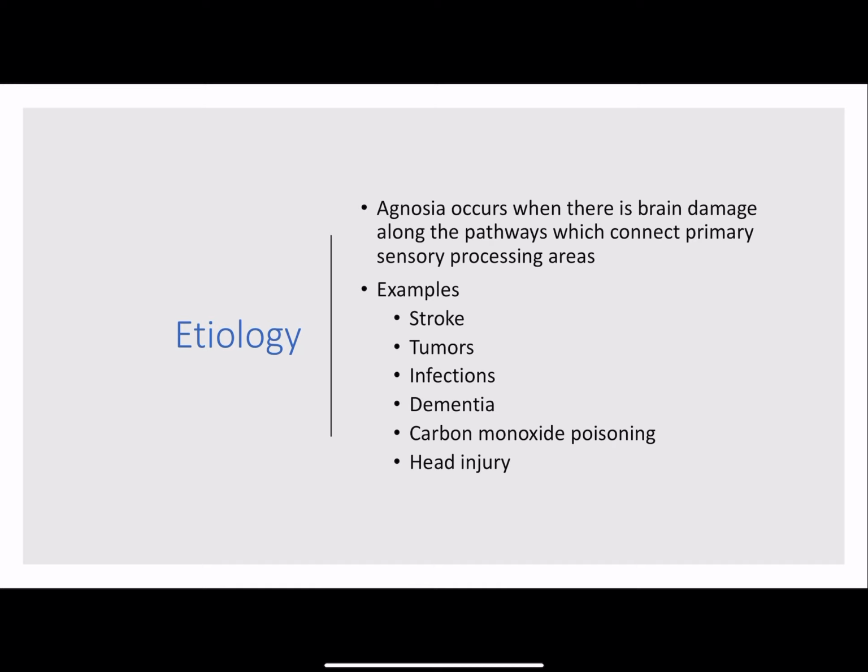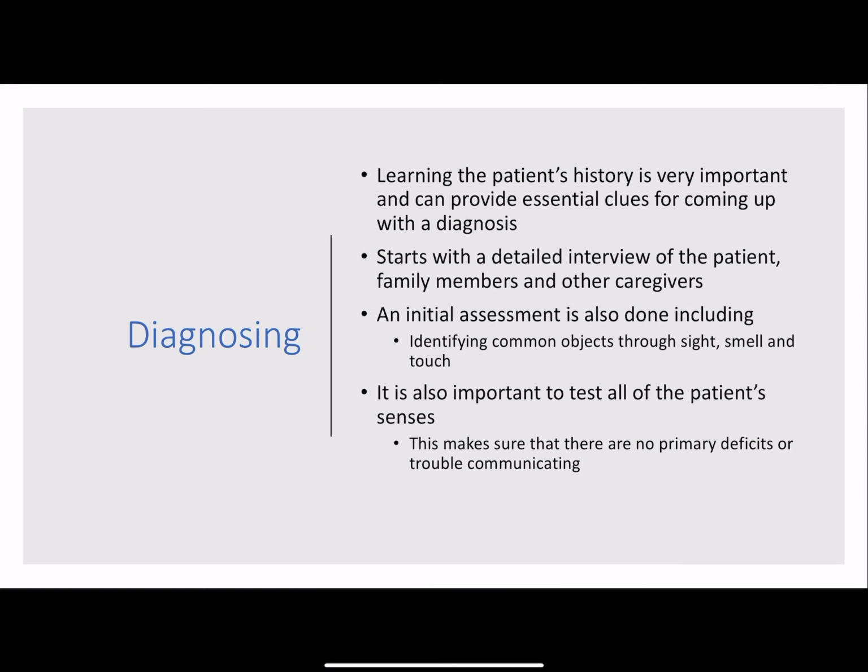And agnosia can either present itself suddenly due to a stroke or a head injury, or it can present itself gradually, and this would be more due to tumor/dementia. And then different locations of lesions on brains can cause different forms of agnosia. So when diagnosing agnosia, learning the patient's history is very important because it'll point to the type of agnosia they